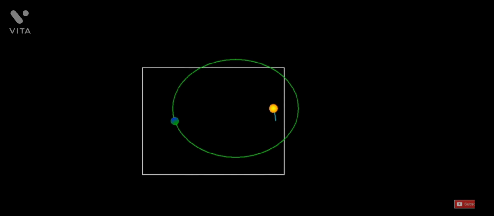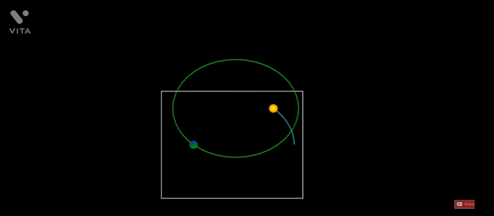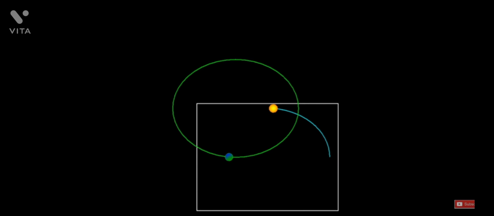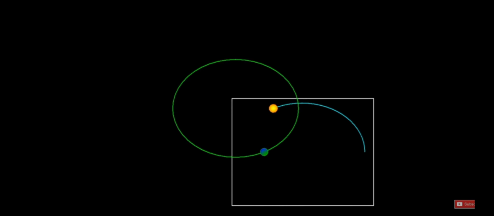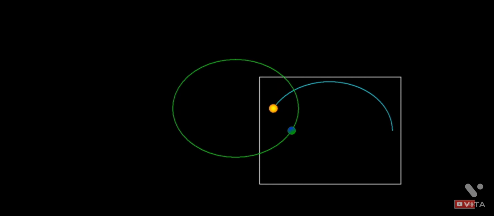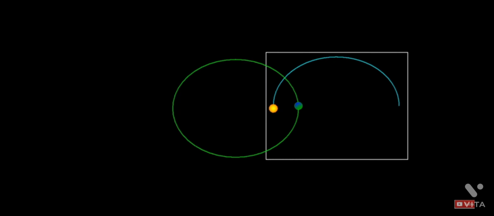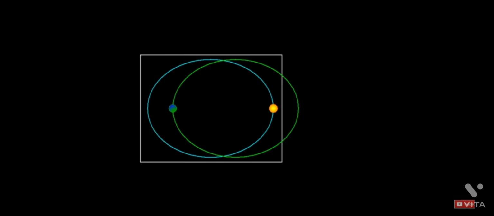So we'll start moving our drawing sheet, and you will see the sun is tracing some path on it. This is going to be the path of the sun as seen from the Earth. So this is the apparent orbit of the sun. It looks like an ellipse, very similar in shape and size, but this is of course not a rigorous proof that the two ellipses are identical. This just gives us a feel of the phenomenon. Now let us put some rigor into it.